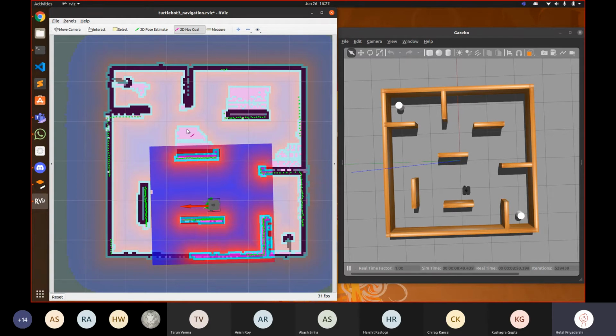So it is not yet sure whether this region is free or not. It has marked it with a different color, and when it gets a chance to go near that area and scan it, it will sense that this area is actually free using SLAM. While it is moving, it is also mapping again, and it will ensure that this area is free and the robot can move here also.